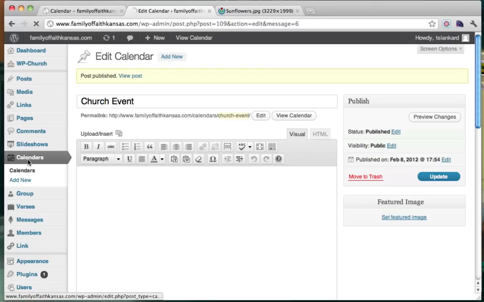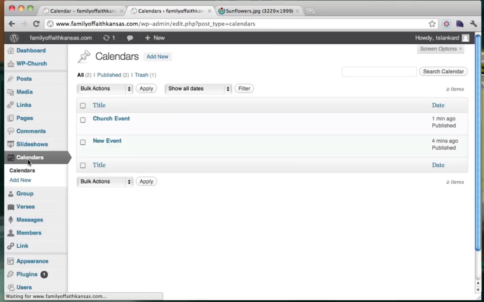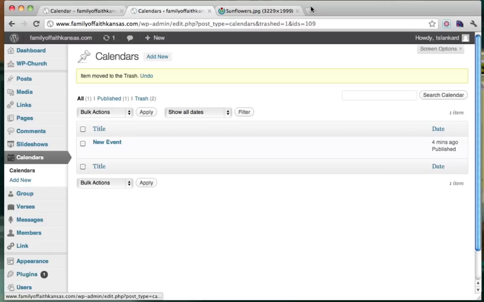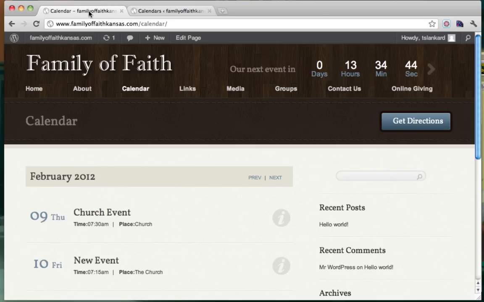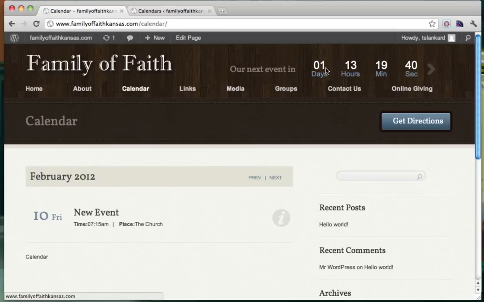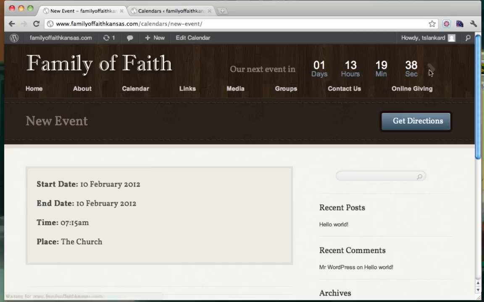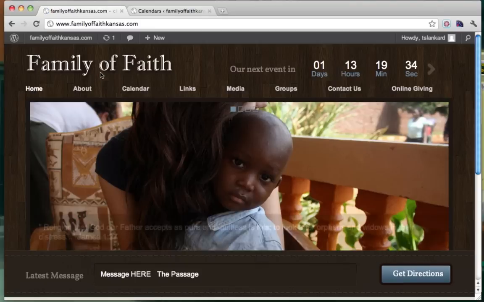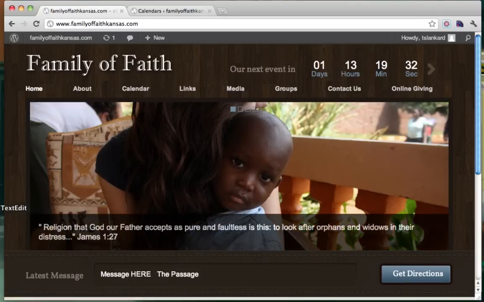And if we want to delete a calendar event, let's say that we don't want this church event anymore, we just put it in the trash, and we can refresh this. And we can see now that our next event is in a day. So that other event. Alright, now that we have that done and taken care of,